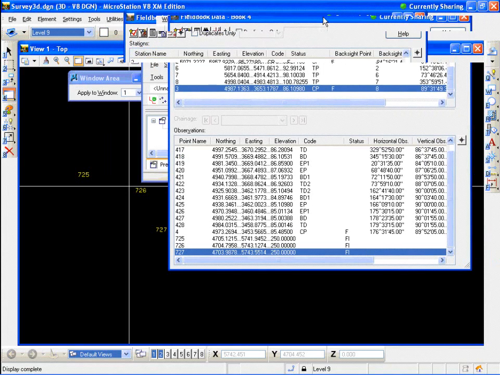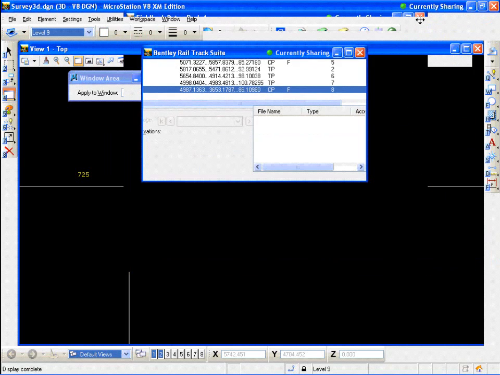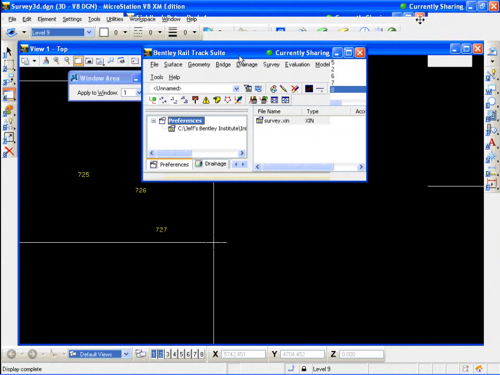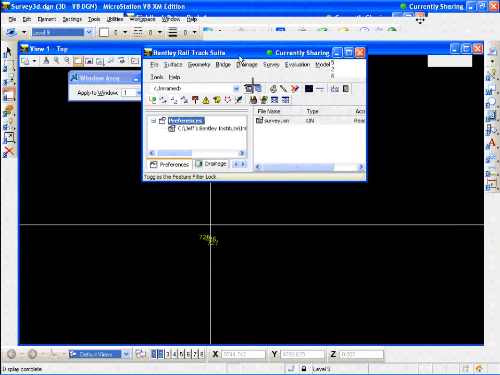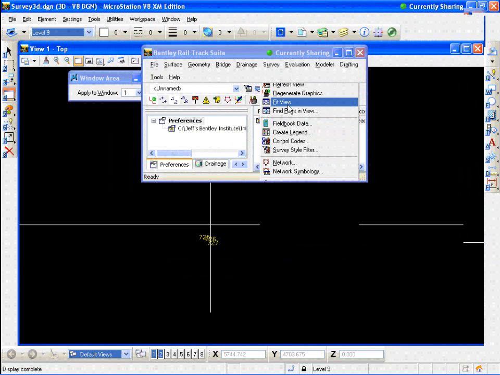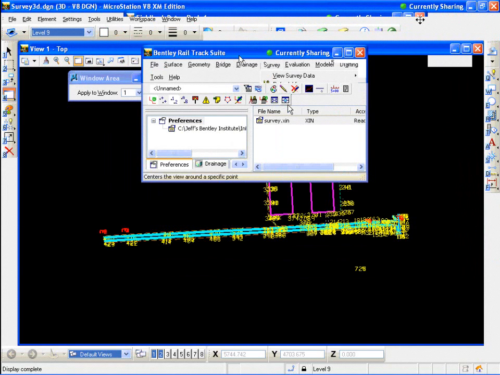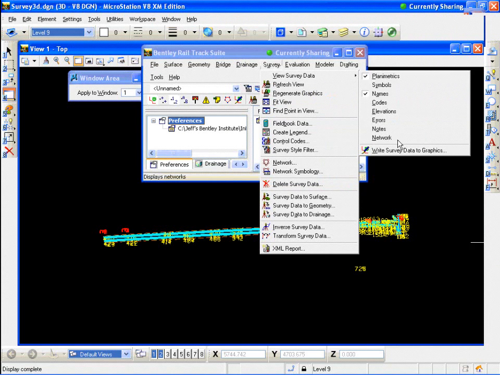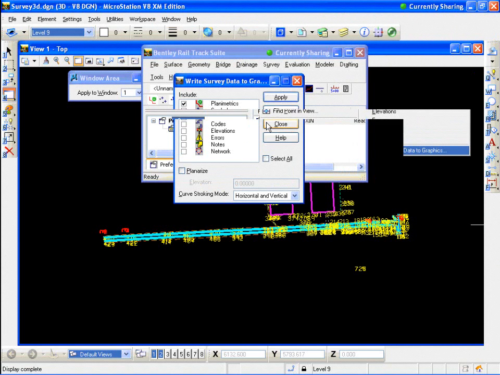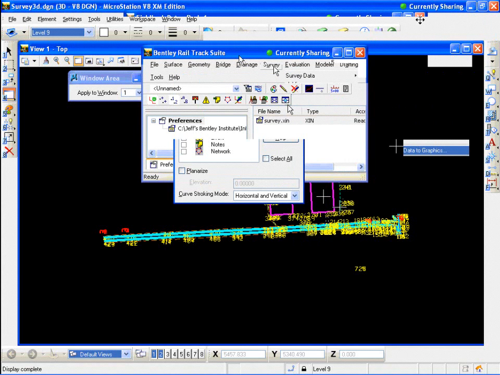So I'm gonna get out of this, and those are the 3 files I wanted to write to graphics. So let's go ahead and write this one to graphics. Go to Survey, Fit View, and that's all my data. And then Survey, View Survey Data, write Survey Data to graphics. These are all temporary graphics. I'm going to make them graphics, points that I can snap to